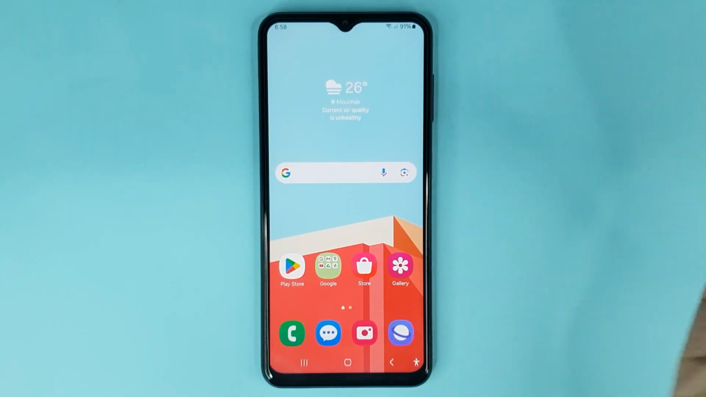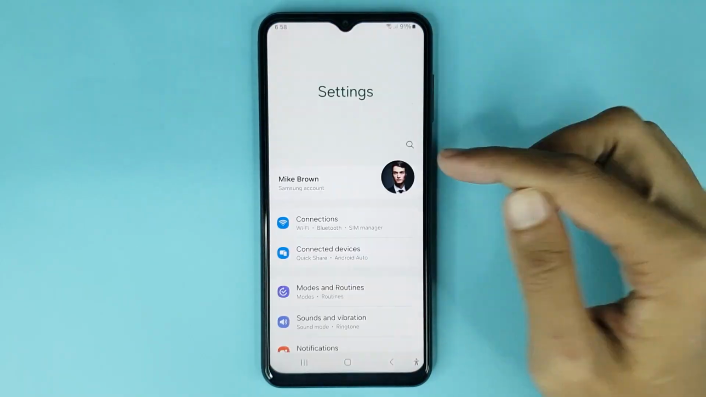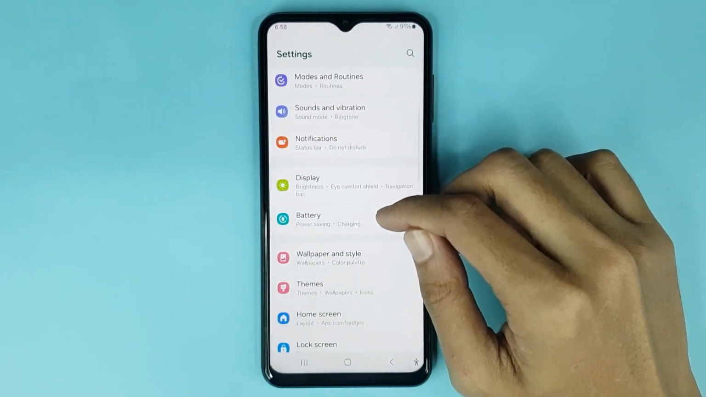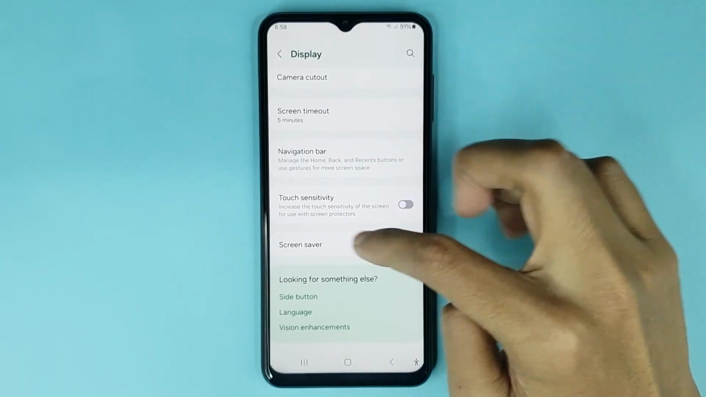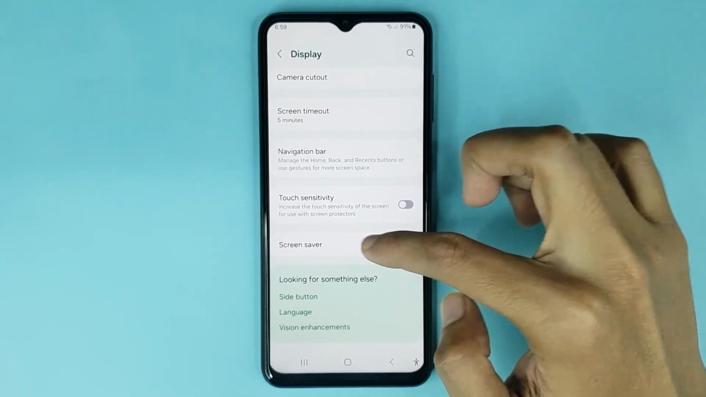In today's video I'm going to show you how to enable screensaver option in your Android phone. Now the first thing you have to do is open up your settings app. Now from here scroll down and then go to display option. Now from here scroll all the way down and at the bottom you can see screensaver option, then just tap